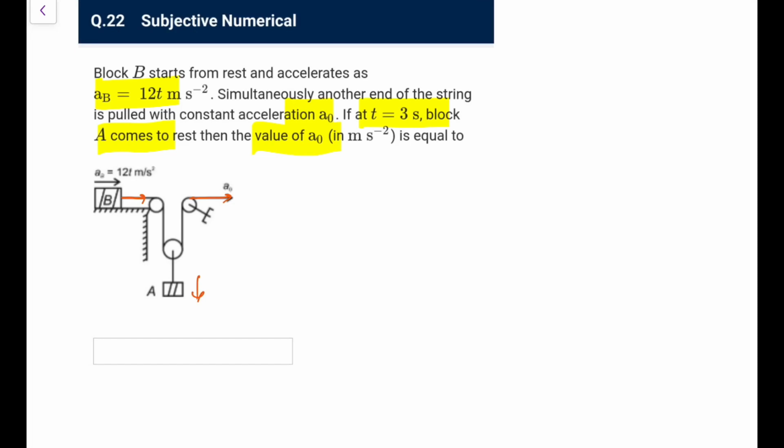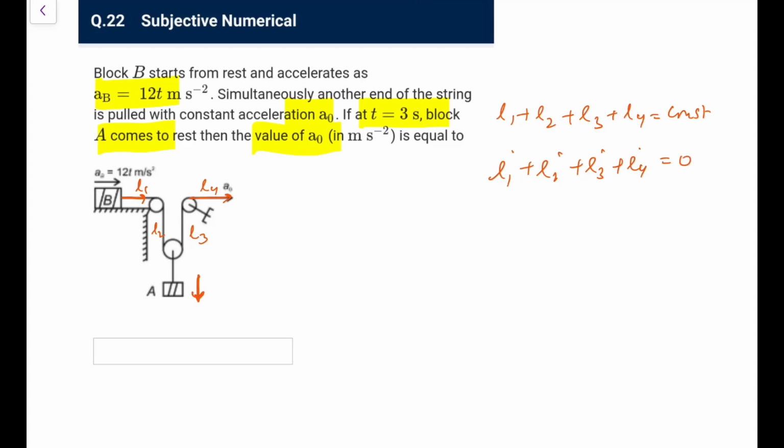So the logic that I'll go for is, you just see this is length L1, this is L2, this is L3, and this is L4. What I can say is L1 plus L2 plus L3 plus L4 is constant. So I differentiate it. So L1 dot plus L2 dot plus L3 dot plus L4 dot is going to be 0. So I can get a relationship.